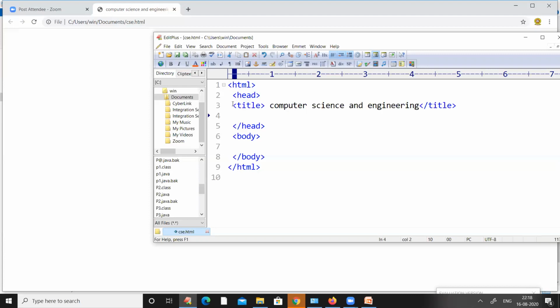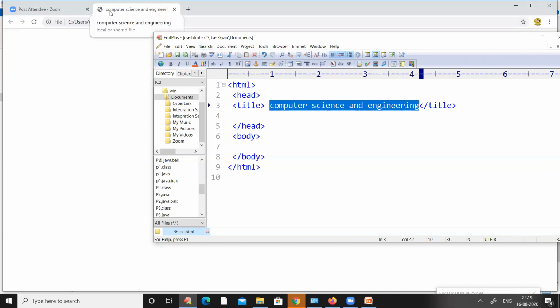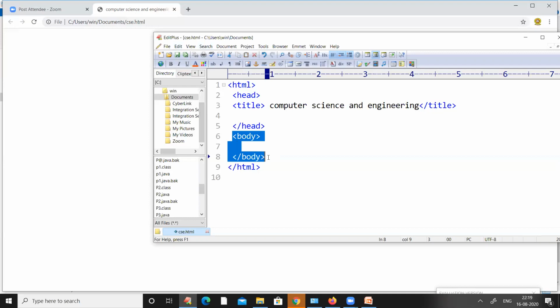Inside the head tag, I have used the title tag, and for the title, I have given computer science and engineering. That's why the title of this web page is computer science and engineering. After giving the title, I closed the title tag and the head tag also. And inside the body tag, I have given nothing. That is why the entire body tag is empty.